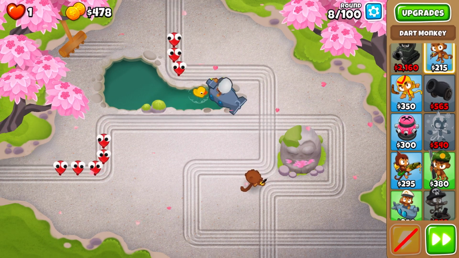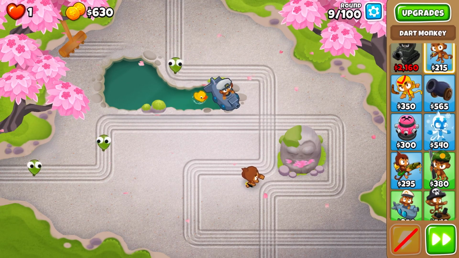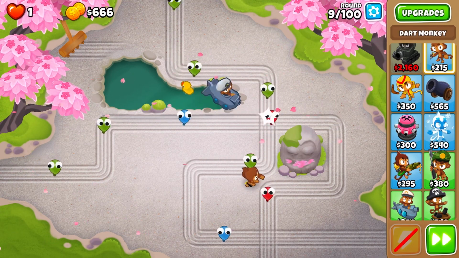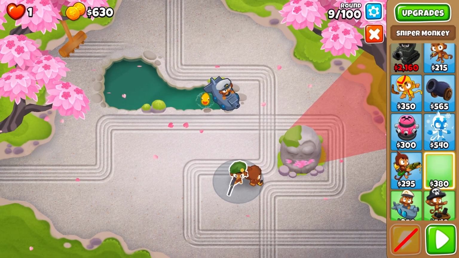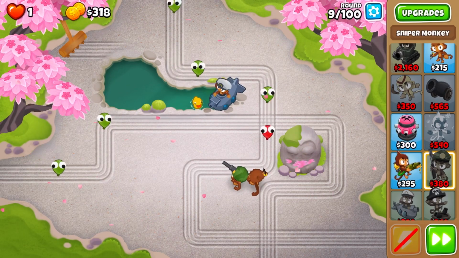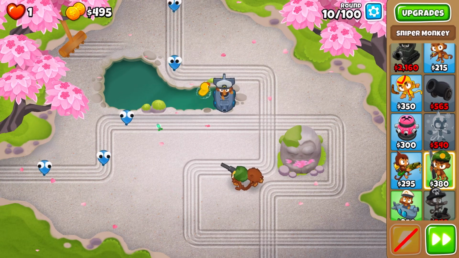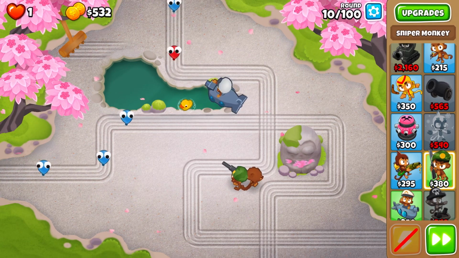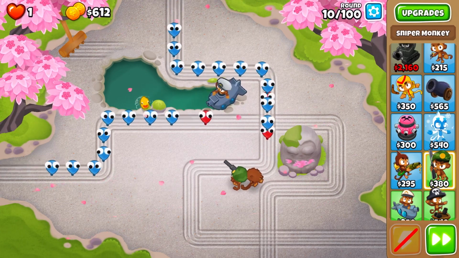And the great thing about this is that you can restart rounds when you are about to die. This is what we use in Chimps challenges, but you can also use this for trying to test if your strategy will work for black borders. So we can see that the start goes all the way to round 10, and then it dies on round 9, so you have to get a sniper,